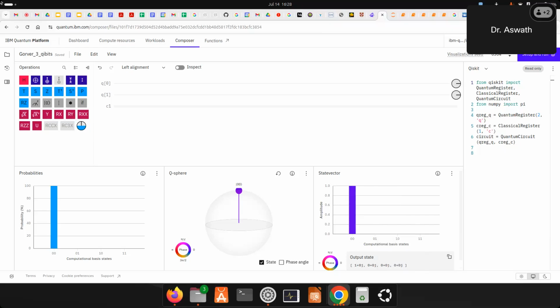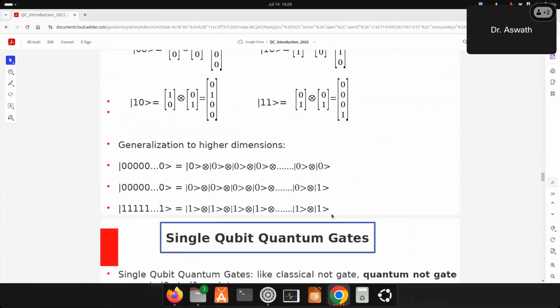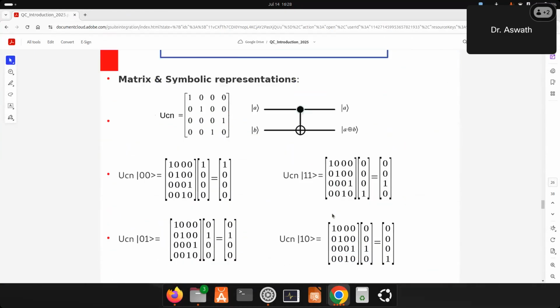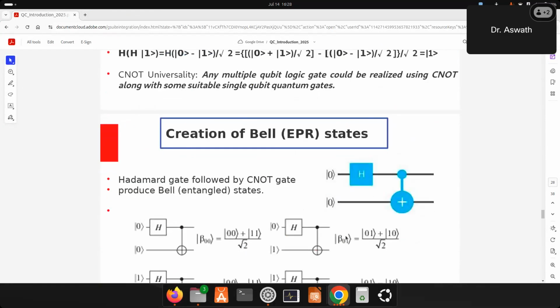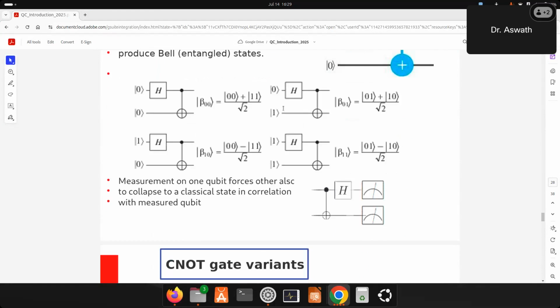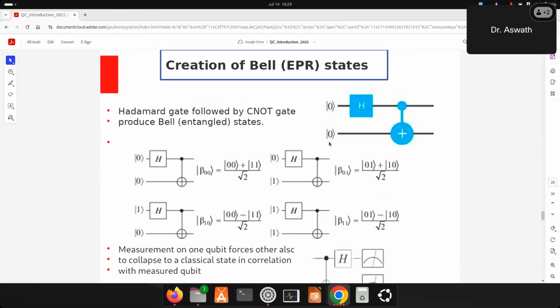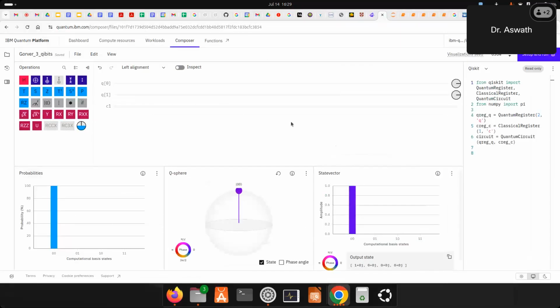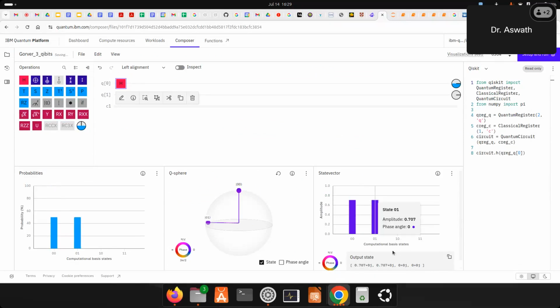The entanglement creation is done by the Hadamard gate, and the C naught gate is also very important. This is the entanglement: the Hadamard gate is there, followed by the C naught gate. That will create a Bell state. These four states I want to create. Let's start with 0, 0, and create a superposition on the top. You see now the top is right side 0 and 1, left side both zeros. Remember, the atom B is still existing in the single 0 state.